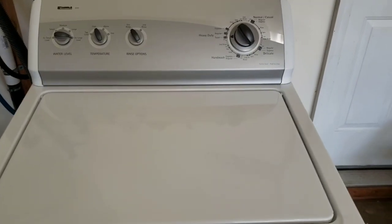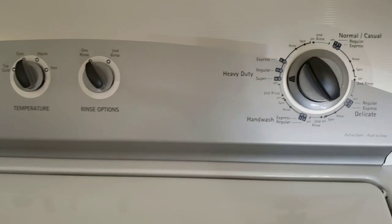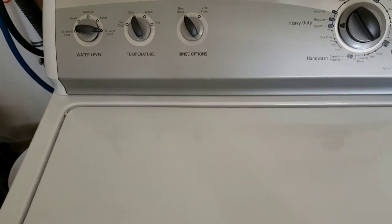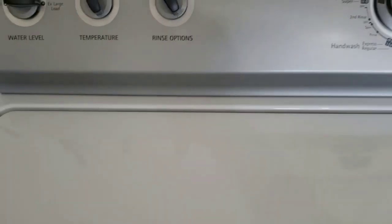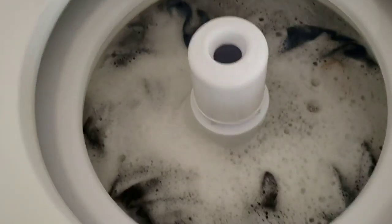Hey guys, today I'm working with a Kenmore washer and electric dryer set, and right now I've got the washer set up going on a heavy duty load. I've already filled it full of clothes, it's full of water, and it is doing an excellent job agitating. You can hear it. And if you hear that kind of noise, that's how you know that this thing is actually working